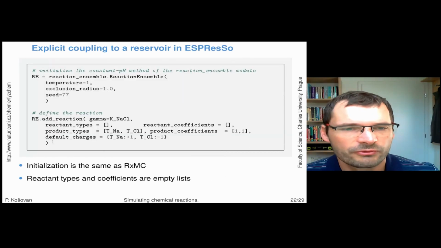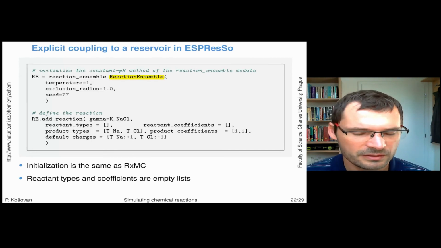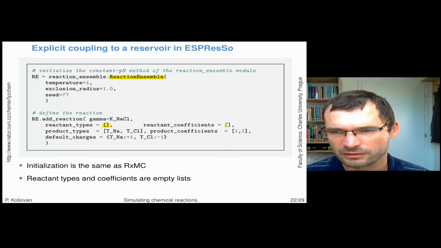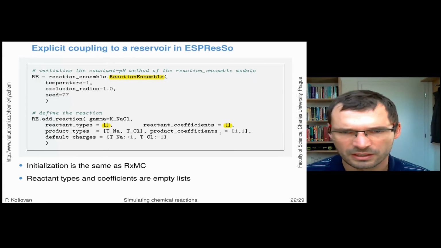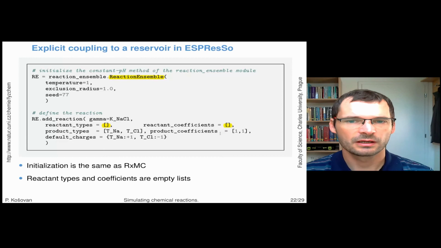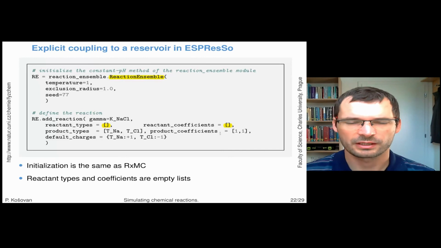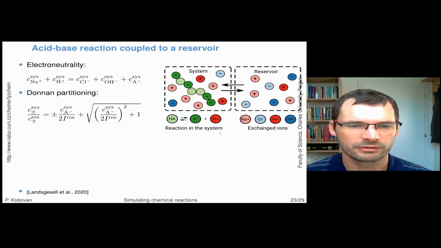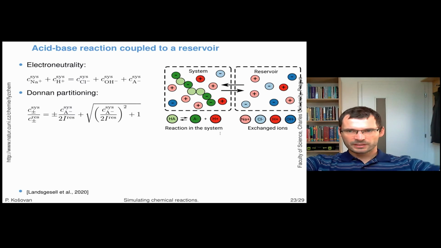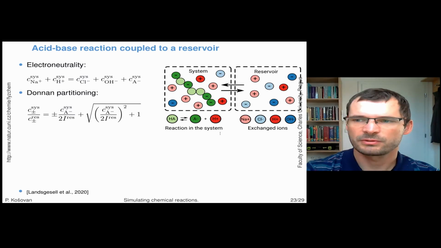In terms of implementation in the ESPResSo script, the particle exchange reaction is used by calling the reaction ensemble and by providing the reactant types and reactant coefficient as an empty list. So, looking at that, if I can do any reaction in the reaction ensemble, I can also do an explicit coupling with a reservoir. Finally, if I can do explicit coupling with a reservoir, I should be able to simulate the system depicted on